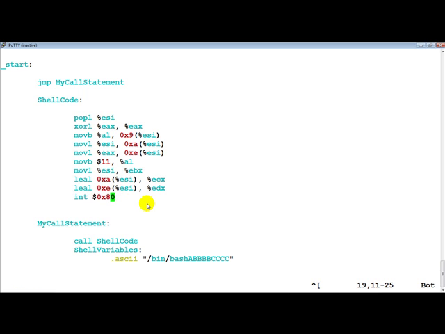So let's run through the code again. Basically what we wanted is relative addressing to be set up. That is why we first go ahead, issue the jump statement and then a call, so that the address of where this string is stored is placed onto the stack, and so that we can use this address in our code and go ahead and do the other calculations. So once this address is on the stack, we want some way to be able to use this. That is why we pop it into the ESI register and now use the ESI register as the reference point